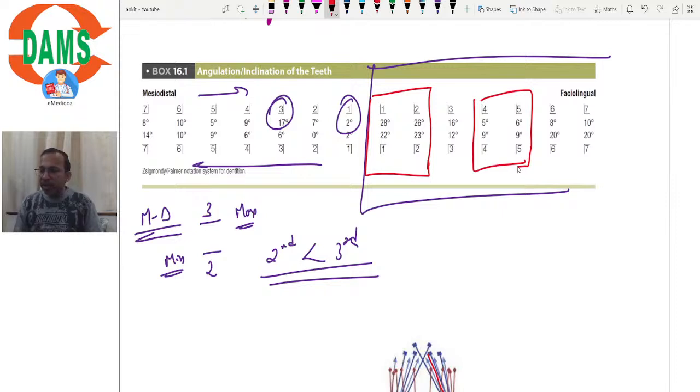जो मिनिमम फेशियोलिंगुअल इंक्लिनेशन होगा वो किसका होगा इंडिविजुअल आर्चेस के अंदर? मैंडिबल में भी मिनिमम किसका है? प्रीमोलर्स का। और मैक्सिला में भी मिनिमम किसका है? प्रीमोलर्स का। सो प्रीमोलर्स आर दी मोस्ट अपराइट फेशियोलिंगुअली, right? They are most upright faciolingually and incisors are most upright mesiodistally, but incisors are most inclined faciolingually. Is it clear? Now faciolingual inclination maximum incisors का, but mesiodistal minimum incisors का, ठीक है।